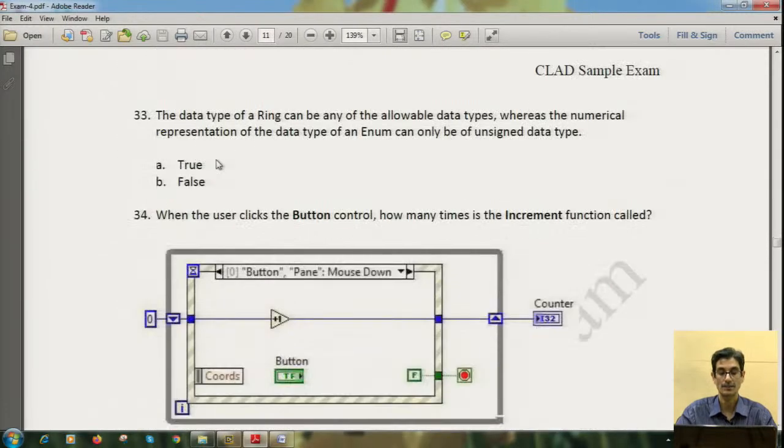Question 33. The data type of a ring can be of any of the allowable data types, whereas the numerical representation of the data type of an enum can be of the unsigned data type. True or false? So the correct answer for this is true. Enums can be only of unsigned type,